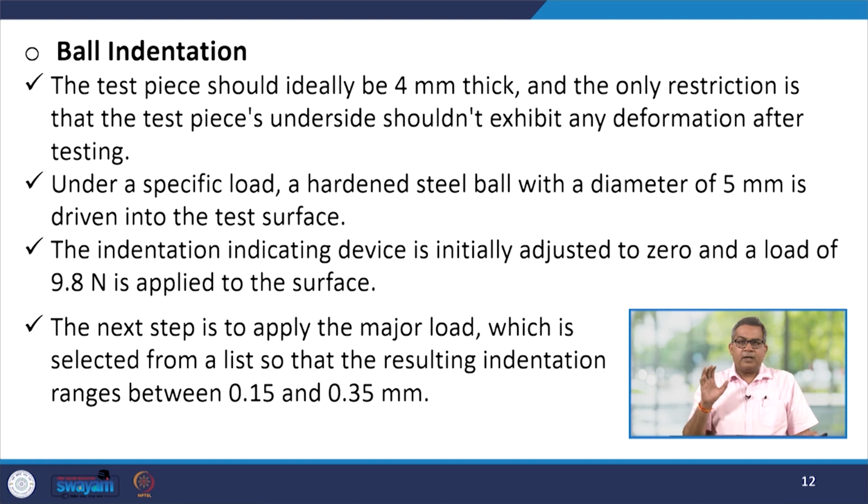So, under a specific load, a hardened steel ball with a diameter of 5 mm is driven into the test surface, and the indentation indicating device is initially adjusted to 0 and a load of 9.8 Newton is applied to the surface. The next step is to apply the major load, which is selected from a list so that the resulting indentation ranges between 0.15 to